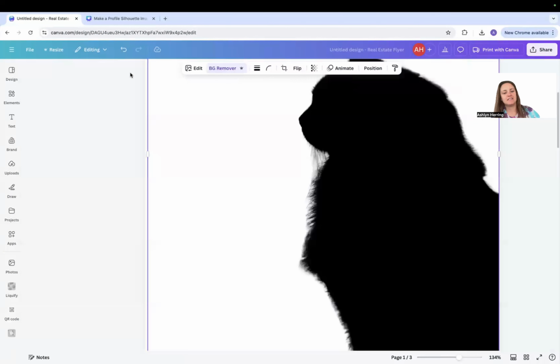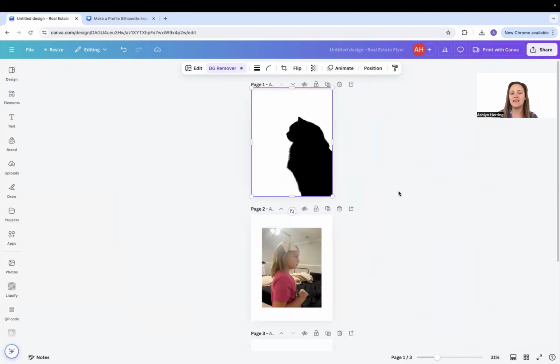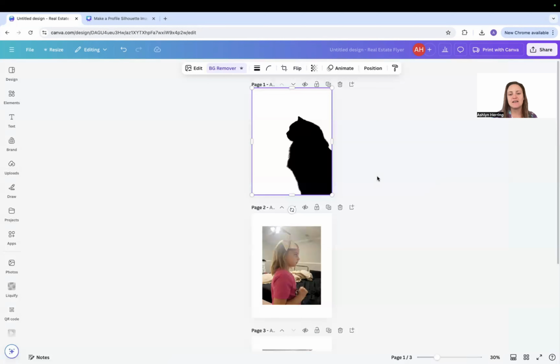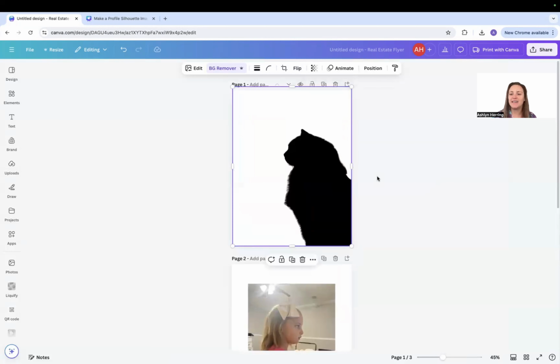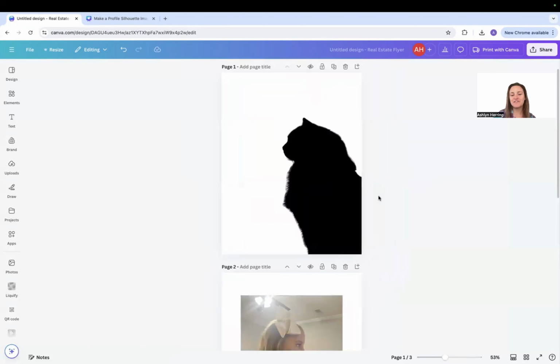So I'm just gonna exit out of that background remover and zoom back out, and as you can see, we have Princess, a nice silhouette of my kitten Princess. So from here, there are a couple of things we can do. We can just download this picture and print it out however we want it. We could cut her out of the sheet of paper that we downloaded. Or if we want to continue working in Canva, say we wanted to add her name or something like that,